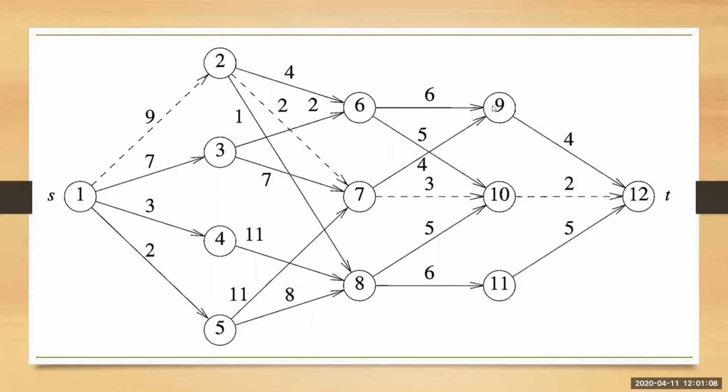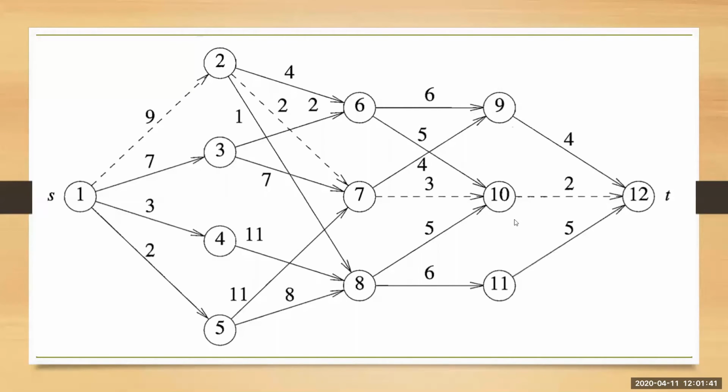So if you look at the previous stage, that is stage number 4, there are 3 vertices, 9, 10 and 11. So from 9 to 12 and 10 to 12 and 11 to 12, since there is only one vertex in the destination, there can be only one edge from every vertex in the previous step. From 9, there cannot be two edges. From 10, there cannot be more than 2 edges. Exactly, there will be one edge from every vertex in the last but one stage to the last stage. I hope you got this.